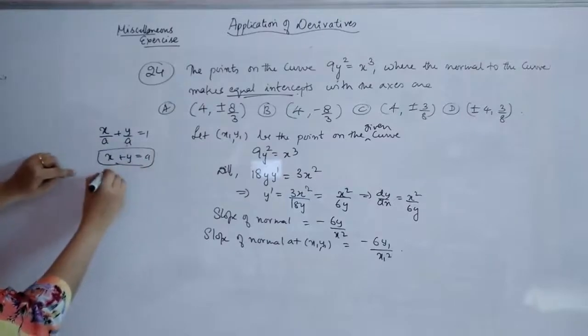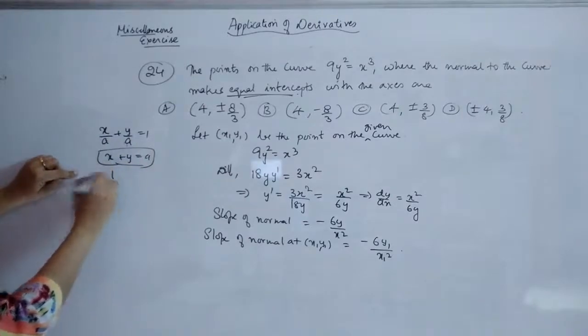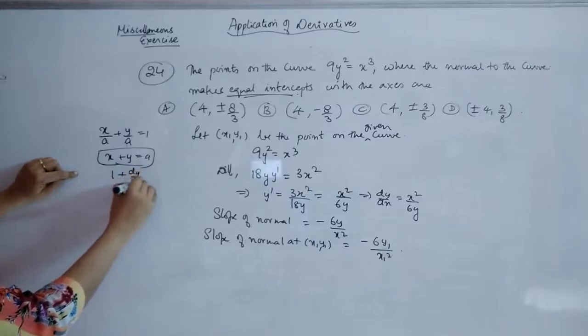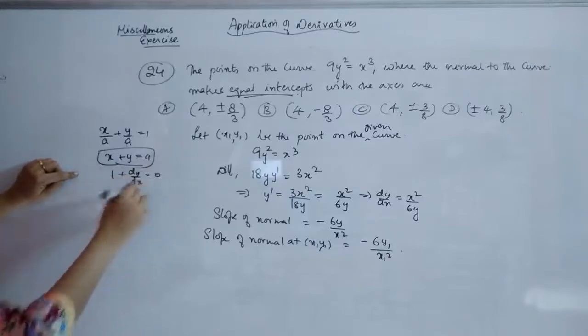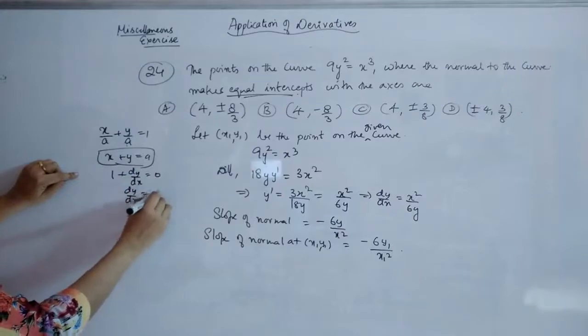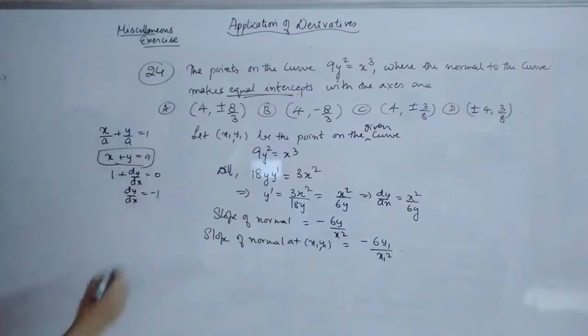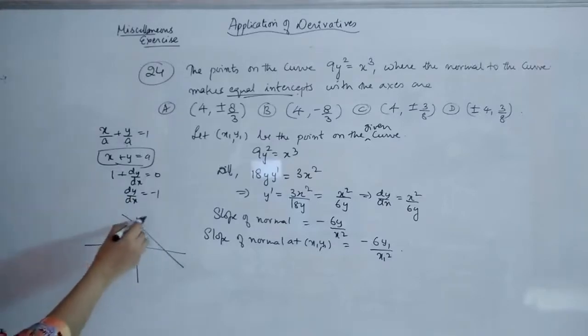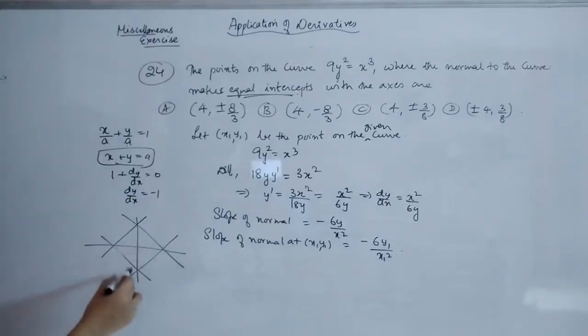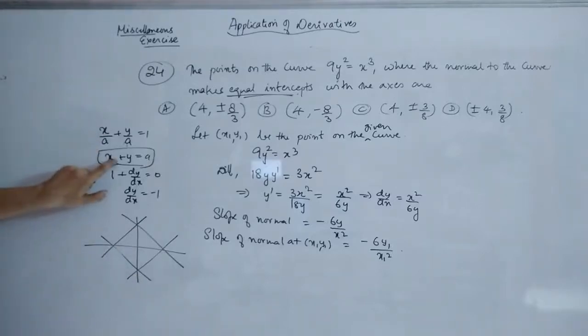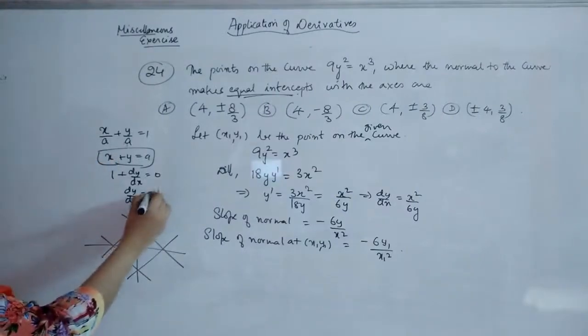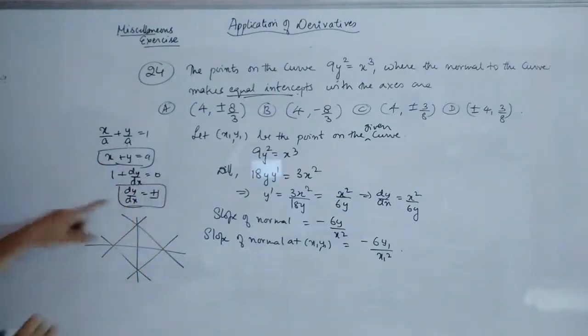Now, if I differentiate this, I will get the derivative of x as 1, and the derivative of y as dy by dx is equal to 0, or dy by dx is equal to minus 1 in one case. Now, for the line, when you have both positive intercepts, it can be like this, it can be like this, it can be like this. So you have 4 options here, so that it can be either positive or negative. According to that, in general, you can say that the derivative will be plus or minus 1. That means the slope will be plus or minus 1 here.